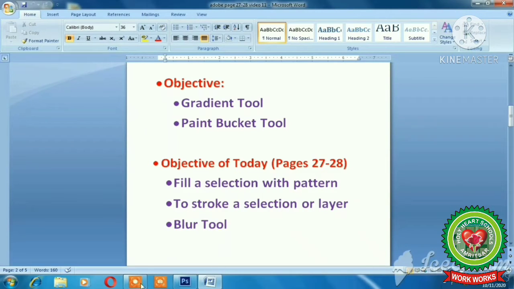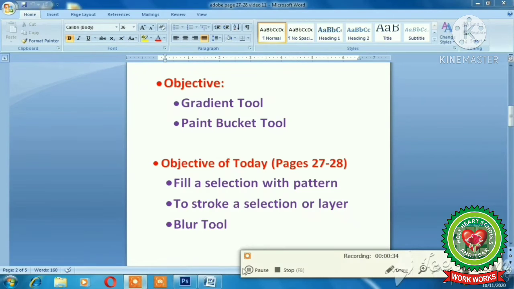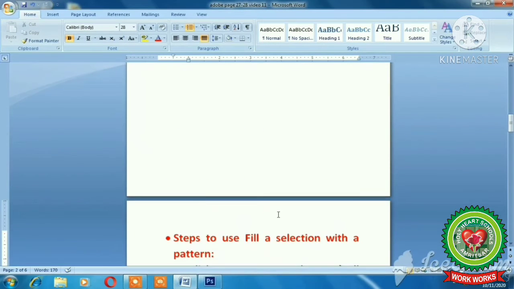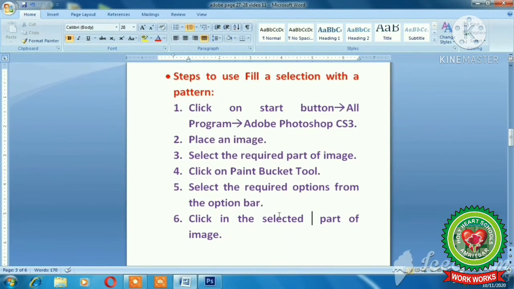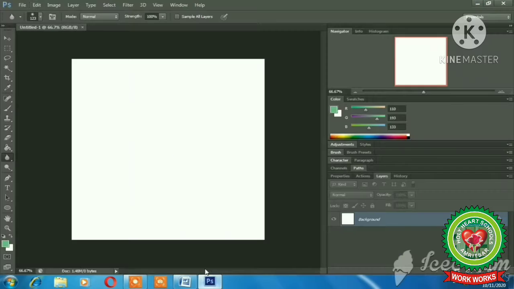So students, open your books at page number 27. Our first topic is fill a selection with pattern. Students, when we want to fill a pattern in a selected part of the image, we can do this with these steps. Now let us discuss its practical. We will open Adobe Photoshop.